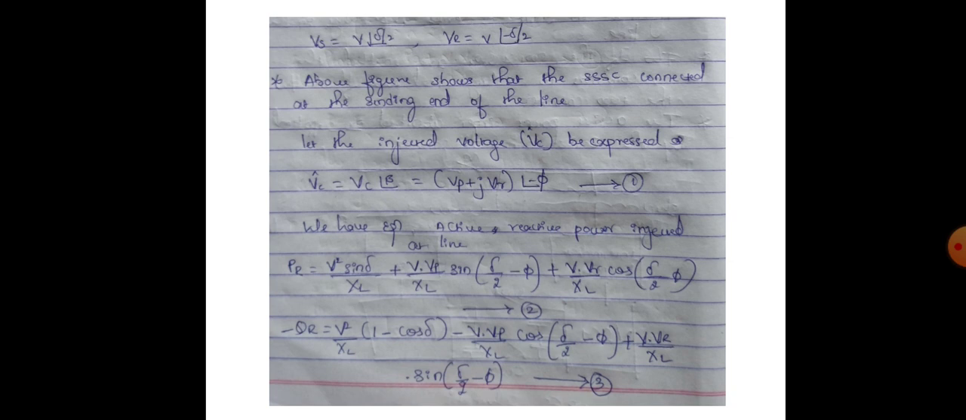And for reactive power, minus QR equal to Q naught minus V into VP by XL cos delta by 2 minus phi, plus V into VR by XL into sin delta by 2 minus phi. Here Q naught is equal to V square by XL, that is V square by XL into 1 minus cos delta,